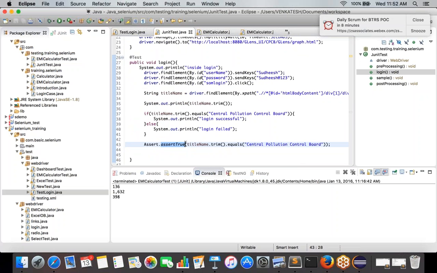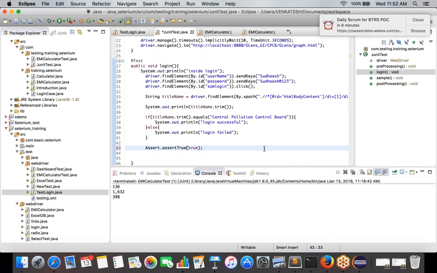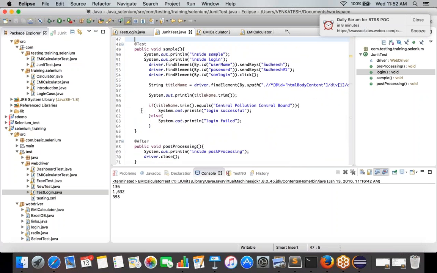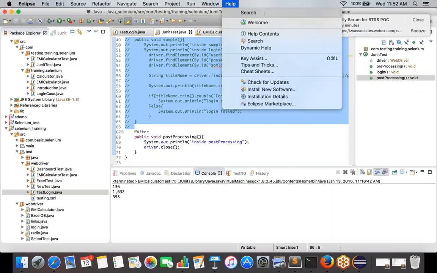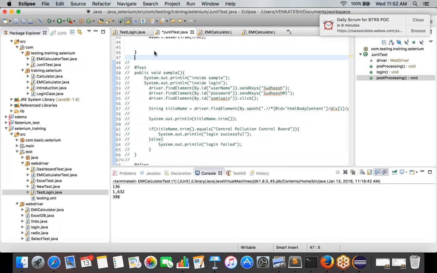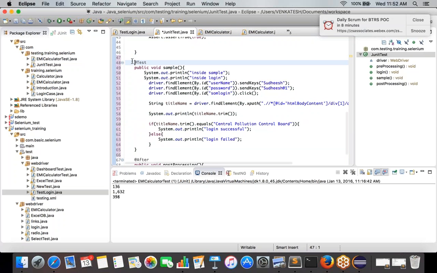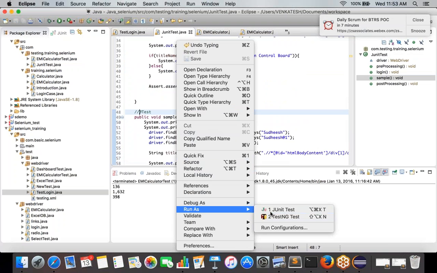Inside an assert function, you need to write the code, let me show you, true. So this will always make my test case pass. Let me just remove this. I commented the other test case. So if I run this JUnit,